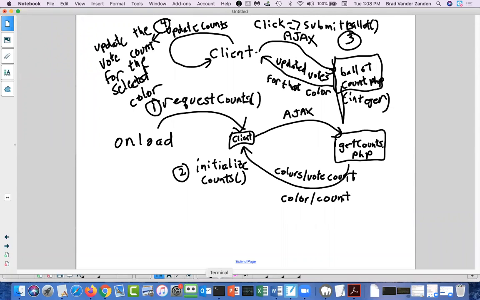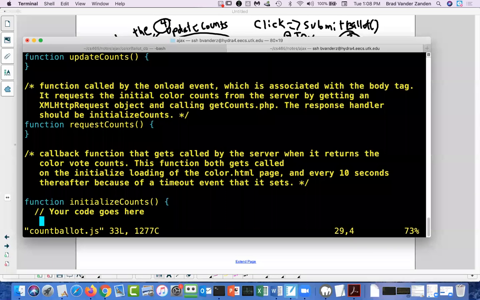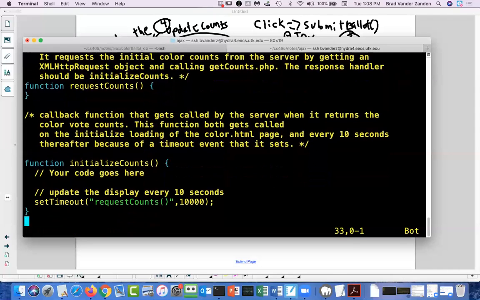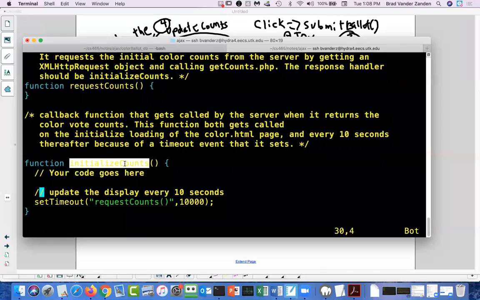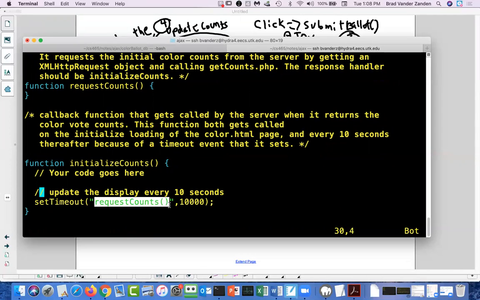So if you look at count ballot, this is what you're going to be modifying. I've given you stubs for the functions. Also, the initialize counts, not only is it going to, on the load of the web page, set the labels for each radio button to the vote, but every 10 seconds, it's going to call request counts to again issue an AJAX call.